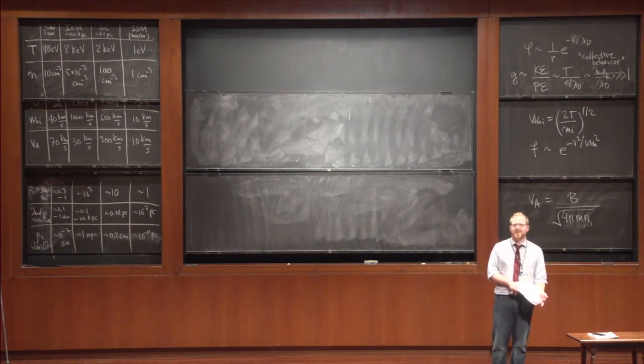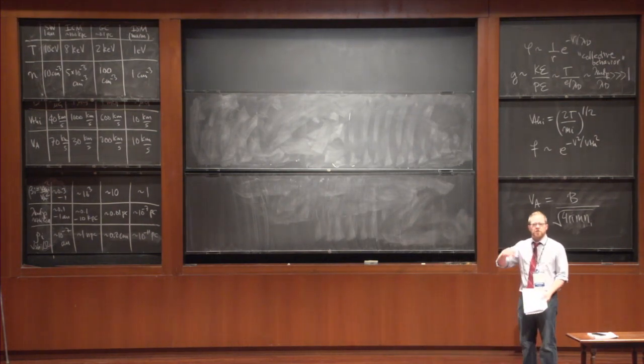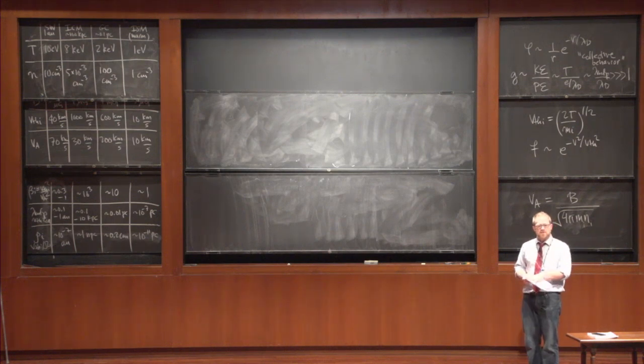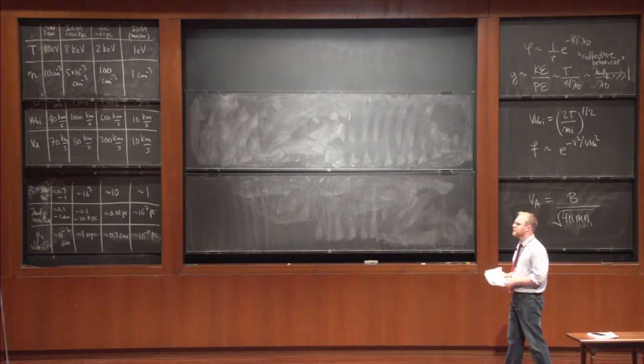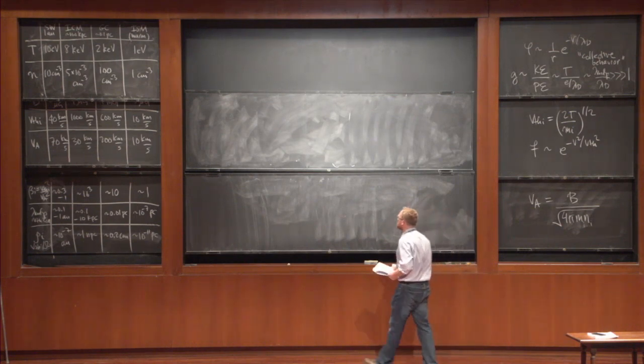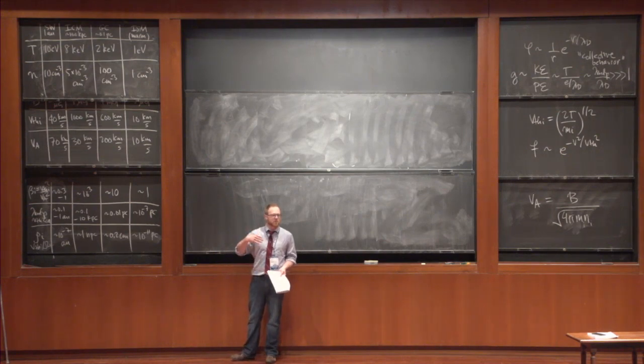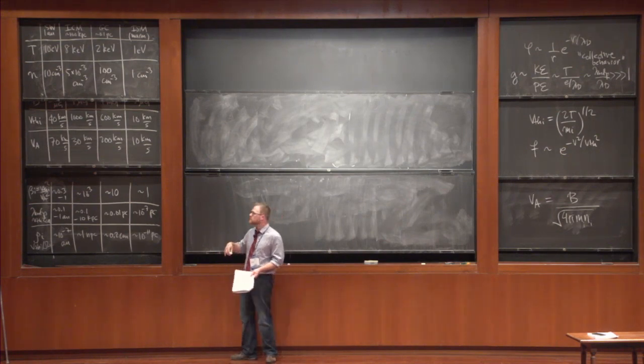Good. So what you could do, if you wanted to be proper and rigorous and you have more than an hour and a half to do MHD, is write down a kinetic equation. You would start taking moments of the kinetic equation, and this is what would give you your fluid equations. That's done in these notes later on. But for the sake of being concise, I'm just going to write them down and we'll talk about them, and then we'll investigate some implications.